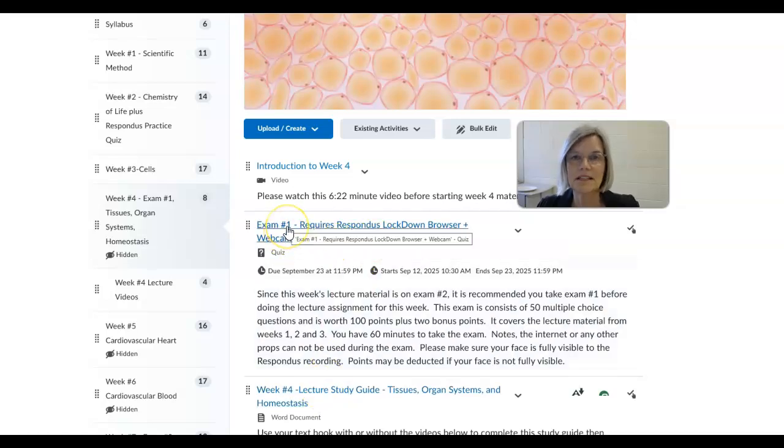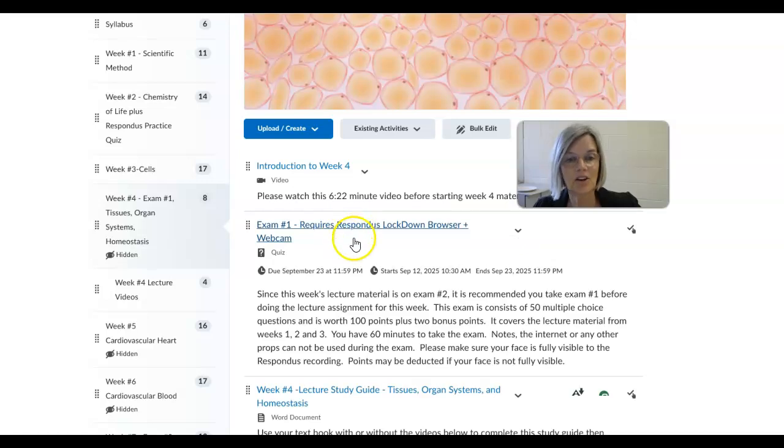So what's the exam look like? How do you study for it? The exam is a whole bunch of multiple choice questions. And remember, from the beginning of the semester, everything that you've done, you've been able to have your assignment, your books open, your notes open. You could try those lecture assignments, those lecture activities, the ones with the adaptive learning, without your notes, but you can always open those and look at notes. But this exam is really going to test your memory. So you've got to commit some of this to memory.